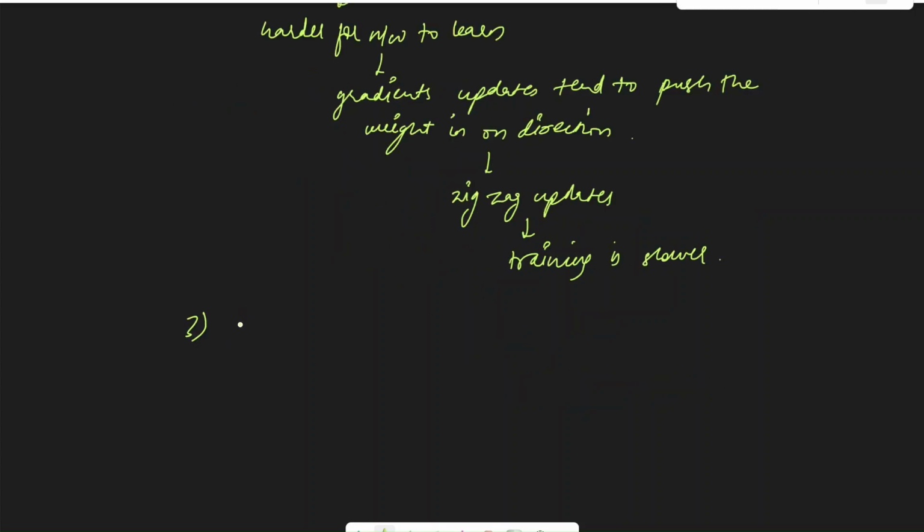Next disadvantage is it is not differentiable at 0, which makes it harder during back propagation. But in Python implementation, we can say that if x is equal to 0, then its derivative is also 0. We can use if-else statements to make this happen. So the disadvantage is it is not differentiable at 0, but we have a workaround using if-else logic.